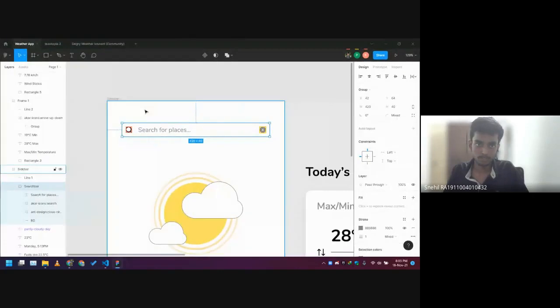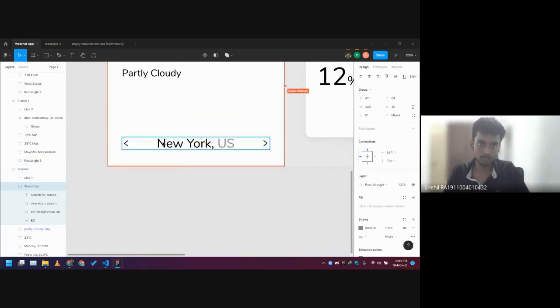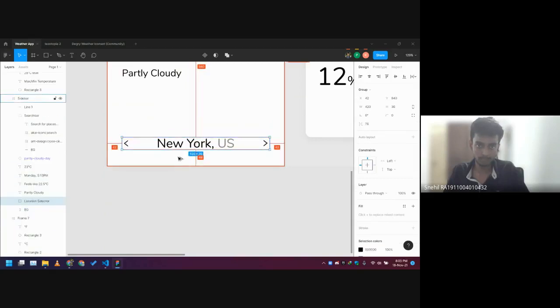If you want to see how much gap some element has with respect to its parent, the parent being whichever element contains a particular element, just press Alt and you'll be able to see these different measurements. So I can see that the vertical padding here is 64 and the horizontal padding is 42. And similarly on the bottom as well, I think it would be the same. Okay, on the bottom it is 48. So that is what I'm going to put into the